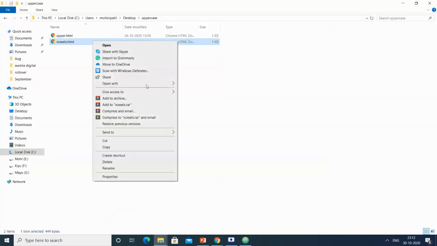So this is my vowels program. I will open it with my browser. So you can see that we have printed the message program to count the number of vowels. We have entered a message as enter a string. Now here I will enter a string, welcome member.